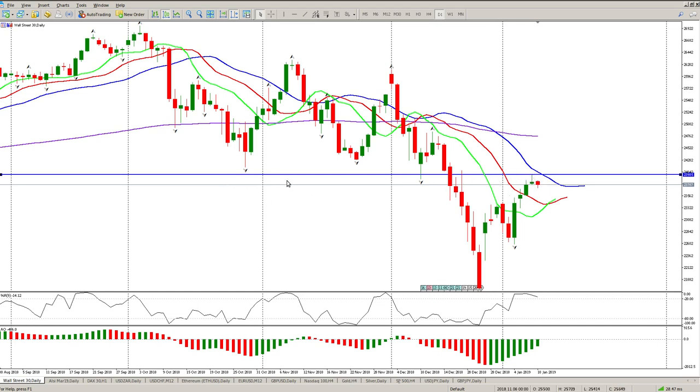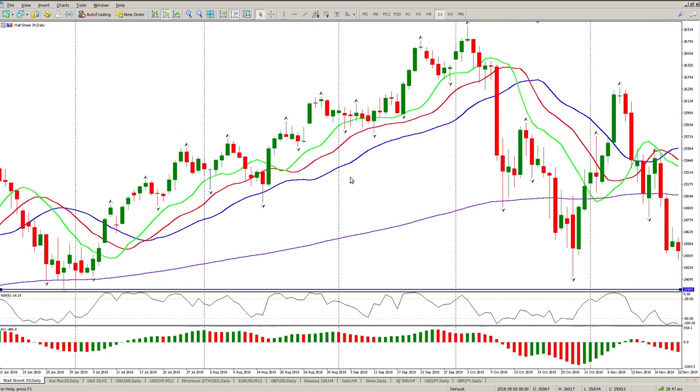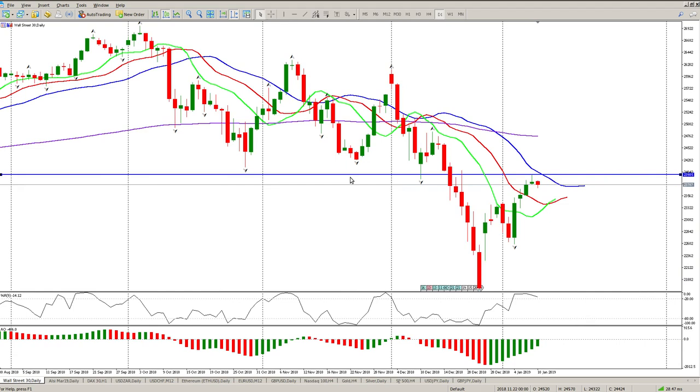We came off the level. Okay, it didn't quite line up with any of the daily levels, but I'll show you now that it lines up with the 4-hour 200 EMA, which is always a level we need to watch for. So we've got the oscillator grouped to the upside, and I'm still